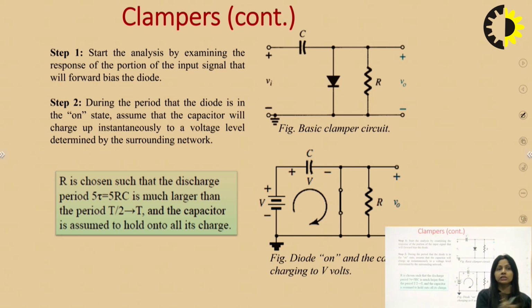You don't have to discharge the capacitor at all, because in clamping circuits, while doing the numericals, we consider the capacitor time constant to be very large, so it takes a long time to get discharged. Although it is not practical at all, we are considering the same